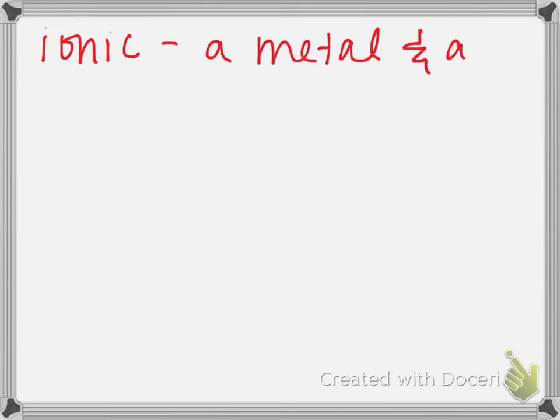So today we're going to continue with ionic naming. Let's review real quickly. We're naming ionic molecules, right? Ionic molecules are always between a metal and a nonmetal. And if we look, I need you to have out your periodic table of ions. If we look at our periodic table of ions,